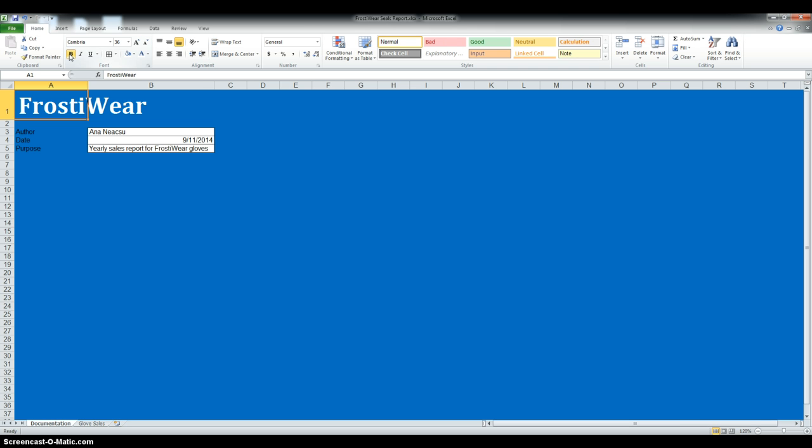Now we have to change the font size of the range A3 through A5 to 16. Change the font color to white, and then bold the text. Next, we're going to move to gross sale worksheet,